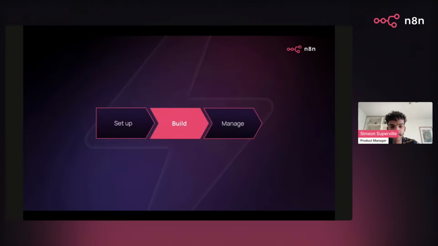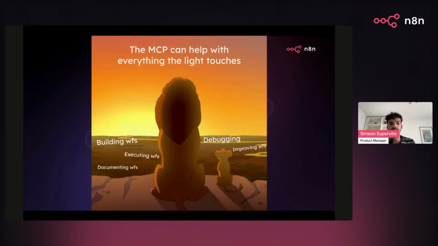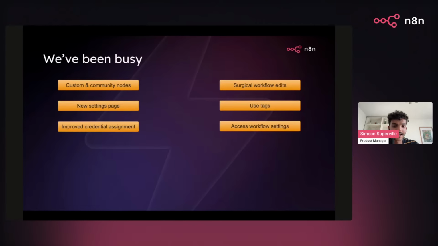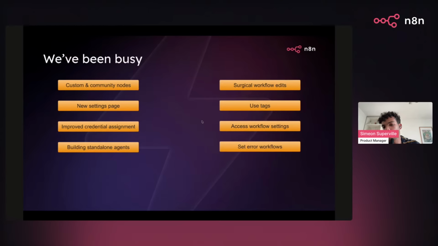Moving on now to the build stage. So as I said, the MCP can help you with basically every aspect of n8n. We've done a lot of work to try and give you as much control as you can. That includes things like debugging, improving workflows, documenting workflows, and I'll show you some of those best practices later. We've added recently the ability to have custom and community nodes, to do surgical workflow edits, had a settings page, use tags, credential assignment, access workflow settings, adding the new or soon to be revealed standalone agents, the error workflows,